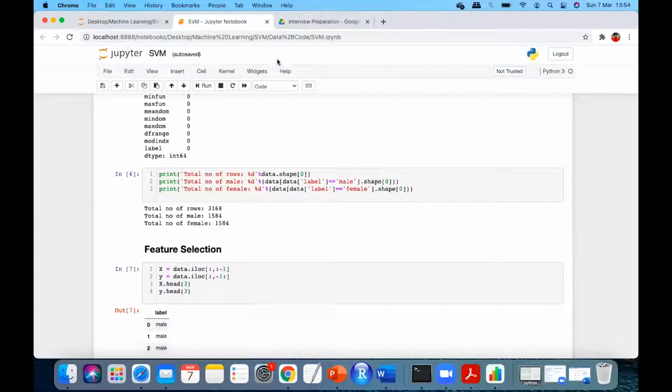In a real scenario, let's say in the same example, the number of males was 3000 and females was 168. In that type of data set, how will you do the classification? Majority will be on male only. Majority will be on male, but how will you overcome this problem? Doing the oversampling.